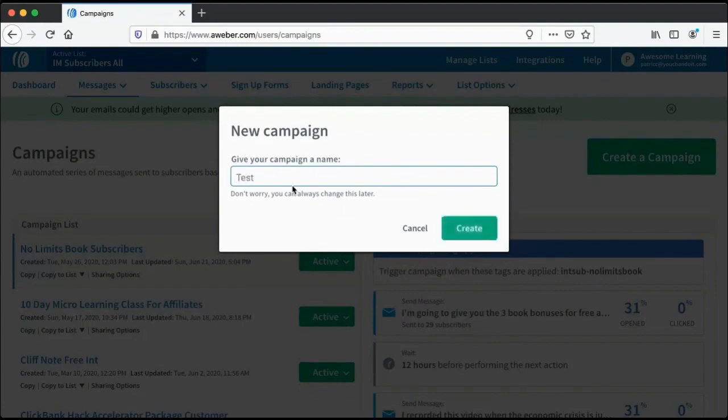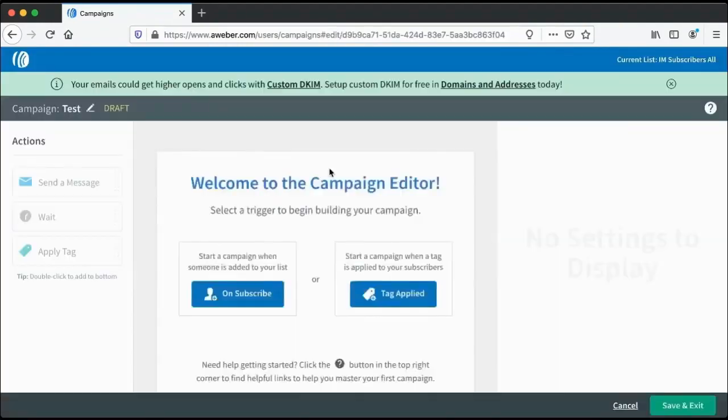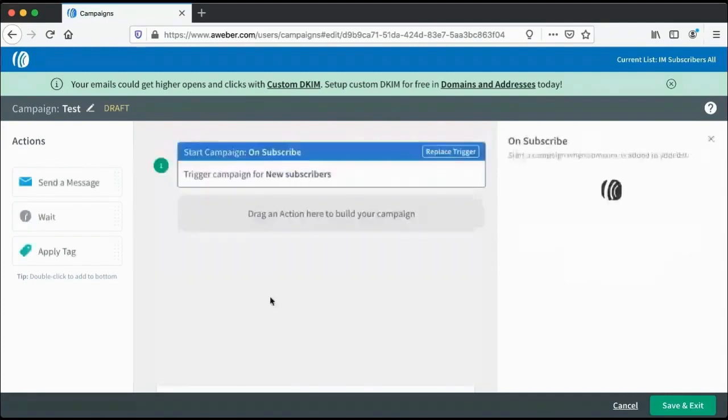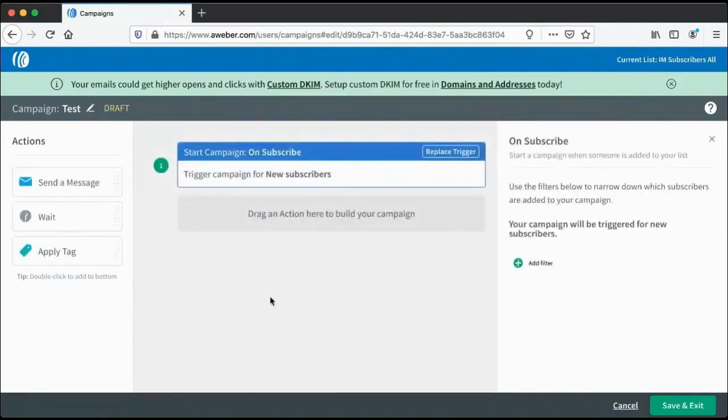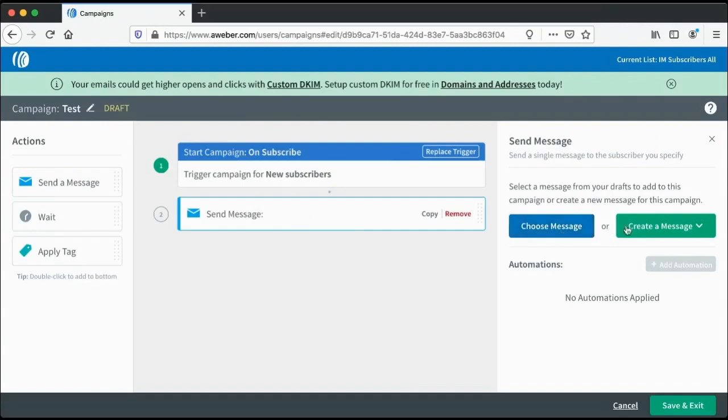So I will just use the word test, click test, and then it will ask me, hey, do you want to send an email when it's being tagged or subscribed? If you're a newbie, use subscribe. The tagging is an advanced feature, which I don't recommend if you are a newbie, right? If you haven't even signed up for an autoresponder before, then avoid the tagging feature for now. That is something a bit more advanced, but it is something that you want to look into once you start building your mailing list, okay? So now all I need to do is drag and drop the emails and click on create message.